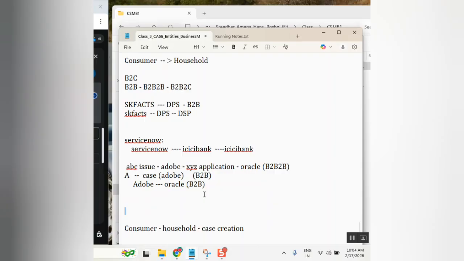Correct? You're getting my point, everyone? B2B2B, I mean to say. Correct? Guys? Yes. Okay. So here, the case will be raised to this level, the third level, like for us Skfacts, DPC